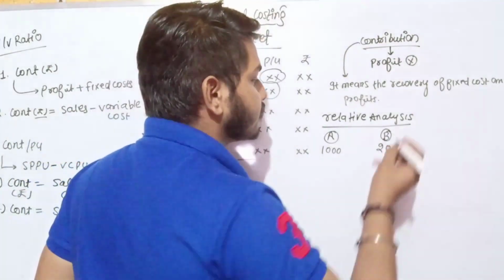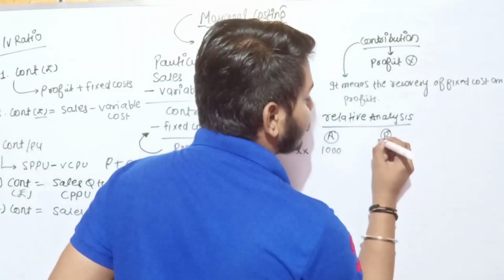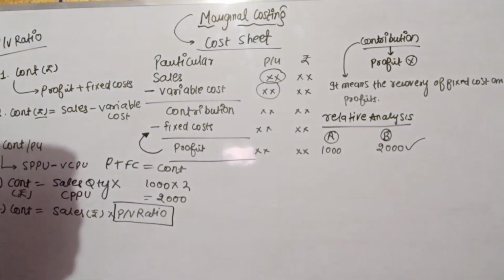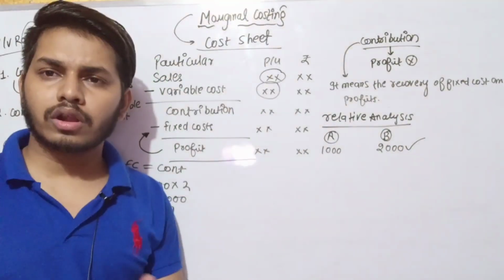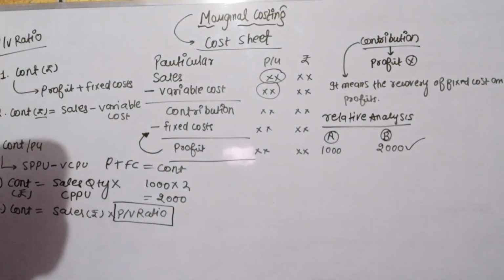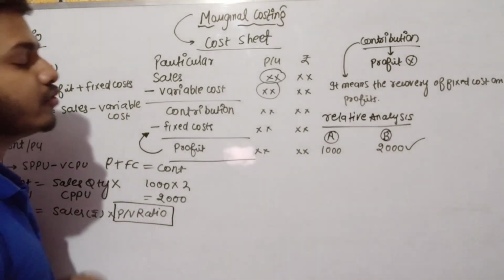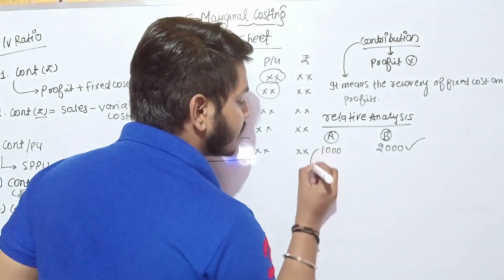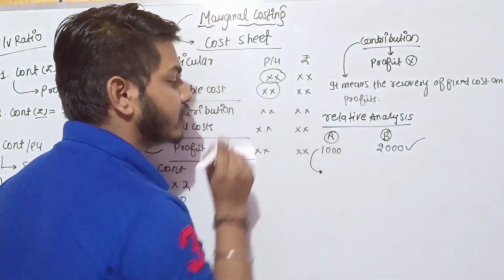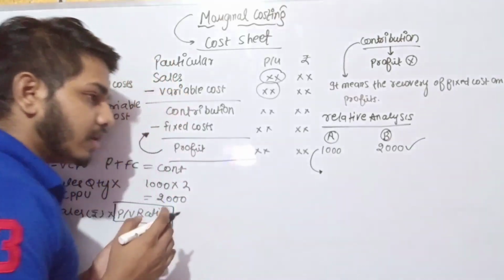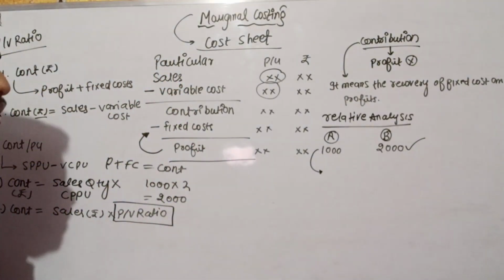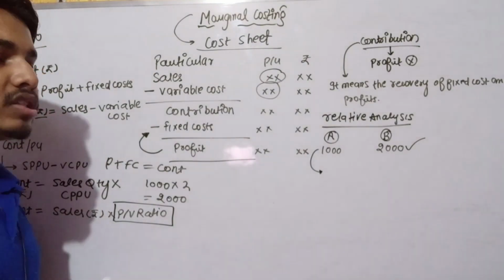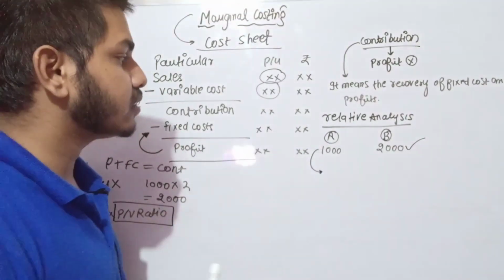Many of you will be saying that company B is good as it is earning more profit. But a wise cost accountant or management accountant would ask: if company A is earning 1000, then what is the cost of earning this profit? There will be a cost, right? There will be a cost for earning this profit. Or I must say, how much I have to incur to earn 1000.